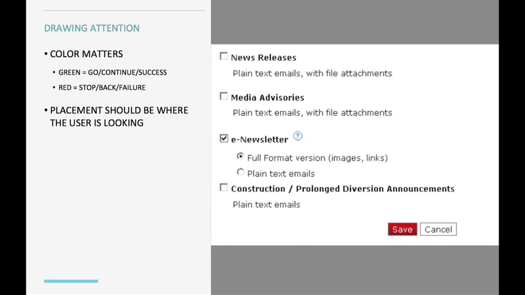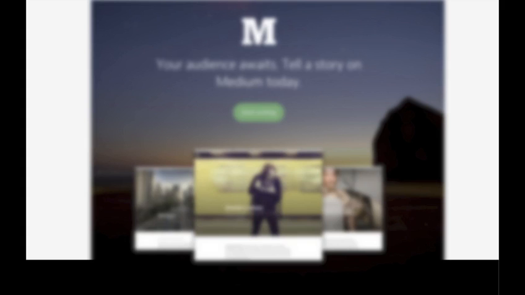Because here is an example of a button. You have no idea what the website does. Maybe you recognize it, but you don't. But there is a button there, and you kind of want to click it, because it's obviously the thing to do. Can you see it? What color is it? It's green. It's inviting. It's telling you, hey, over here. And before you know it, you started a sign up for something. Really subtle. Okay.